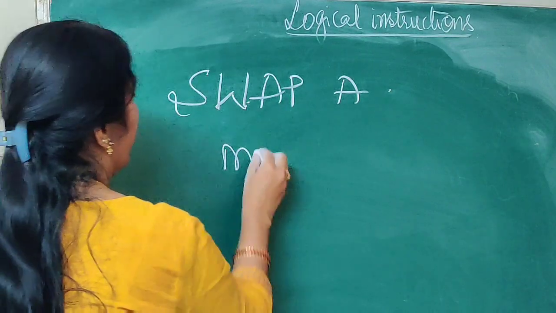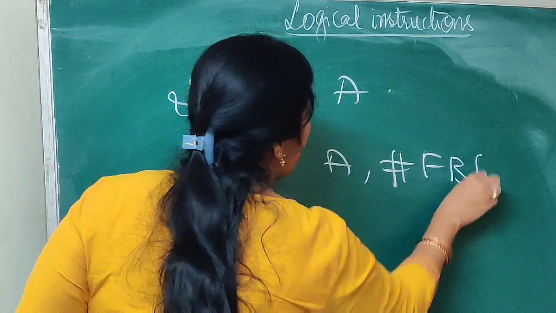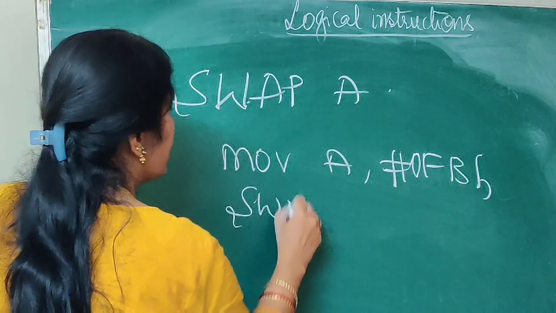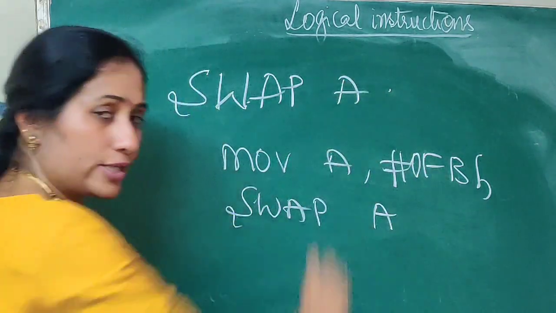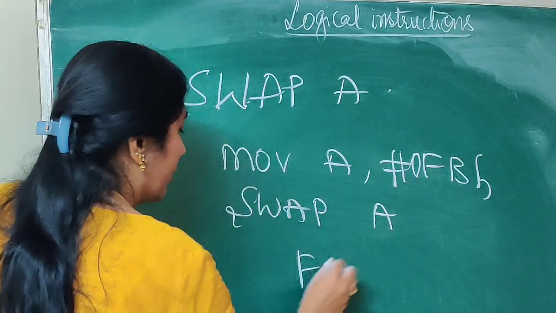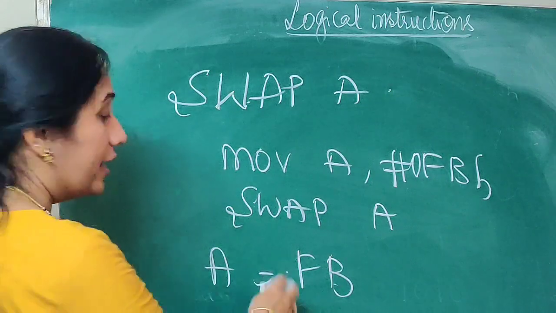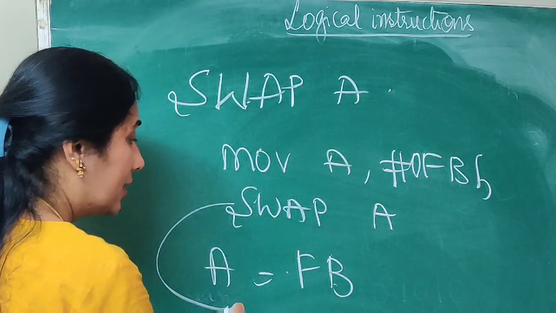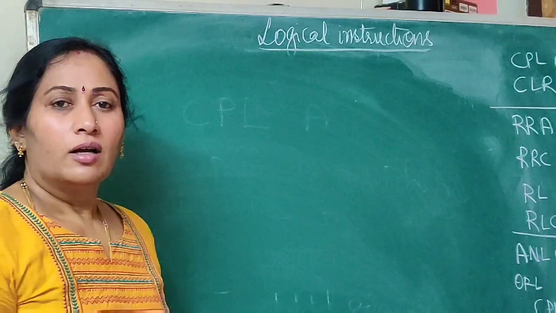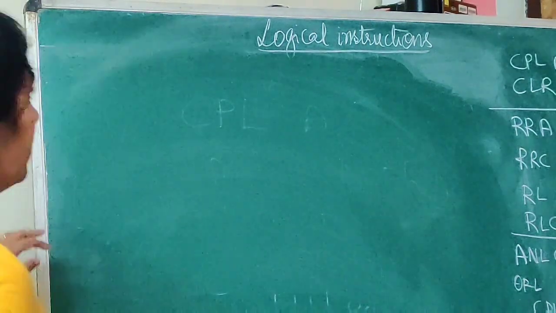Say I have loaded in the accumulator certain data, FB hex. Now if I write SWAP A, then what's going to happen? What is there in the accumulator? FB, not the Facebook, FB is there. As soon as I say swap, it is going to become BF. We'll move on to the next instruction,